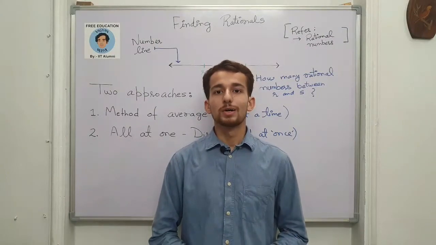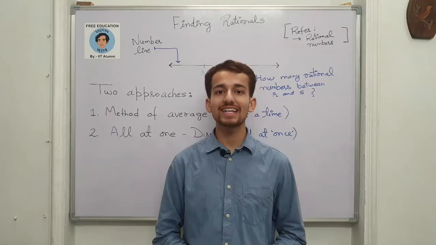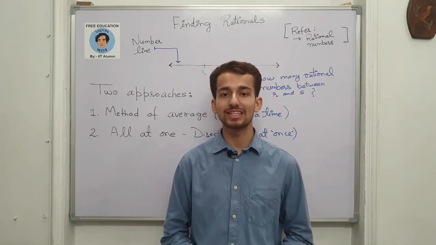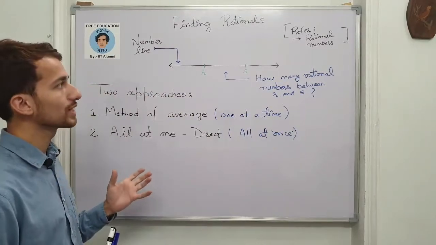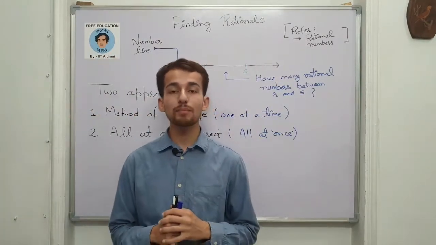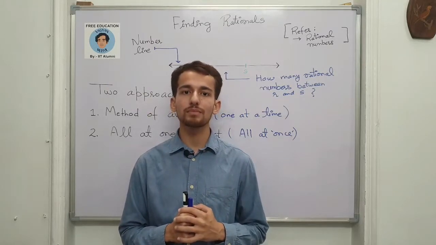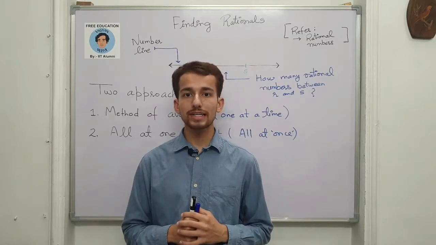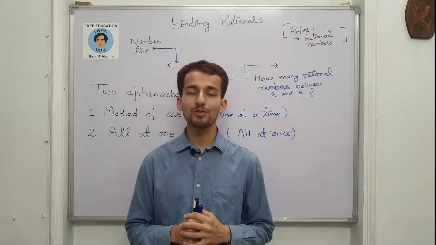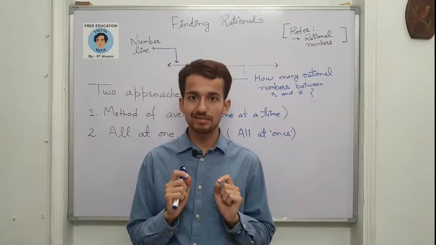Hello everyone. So now let's move forward to our next lecture whose title is Finding Rational Numbers basically. As you can see, this is the outline of today's lecture, and in the previous lecture we have discussed what are irrational numbers, and before that we have discussed what were rational numbers. Let's now try to find how we can find rational numbers between two fixed rational numbers.